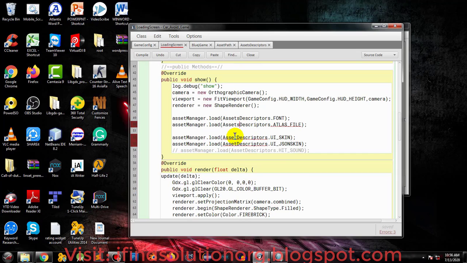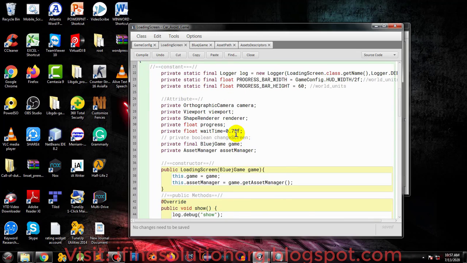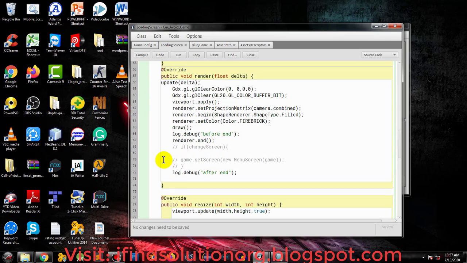We will just spell it correctly, and the atlas file. We don't have an atlas file since this atlas file is used for our entity, but we don't have an entity right now. We will just be defining our buttons, so we just use our buttons. Once we have already done that,